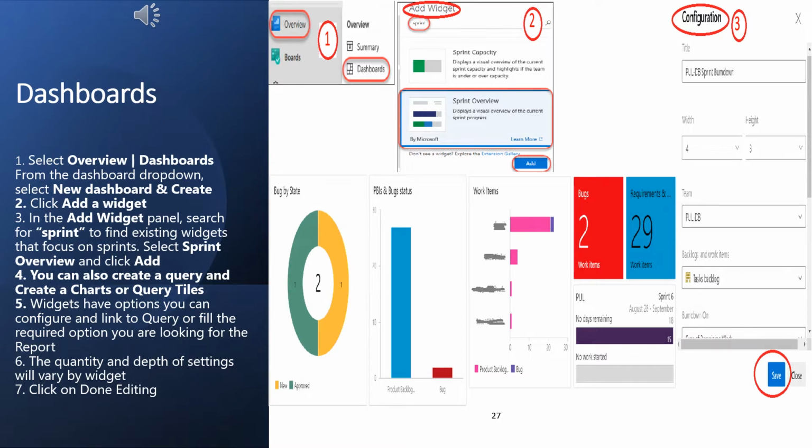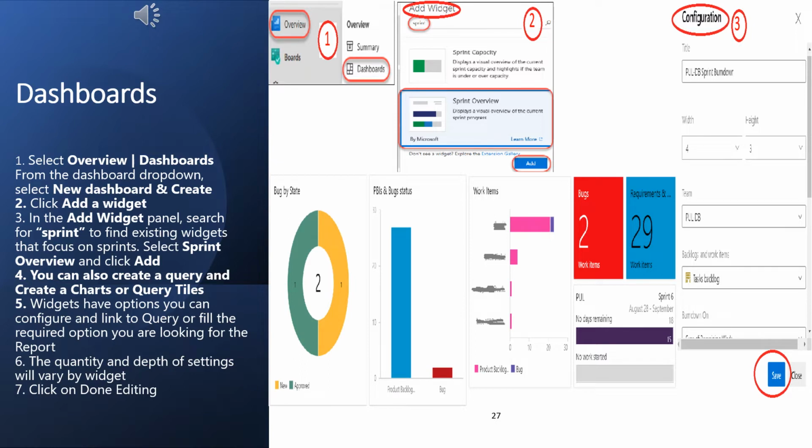So overall, when you are creating your dashboard, mainly you need to look at whether you are creating a project dashboard or a team dashboard, and accordingly you can select the widget and click done editing.